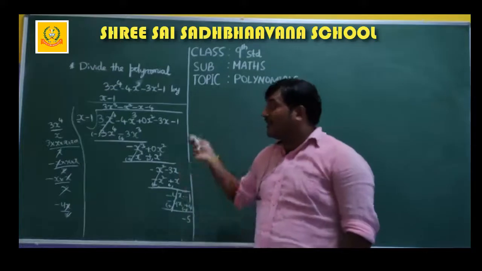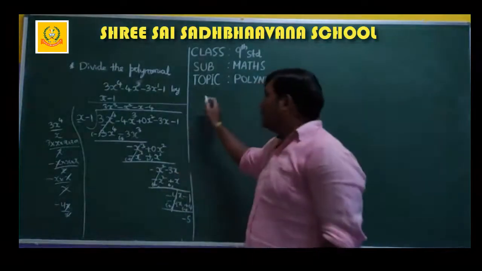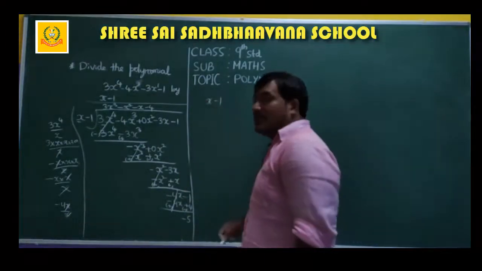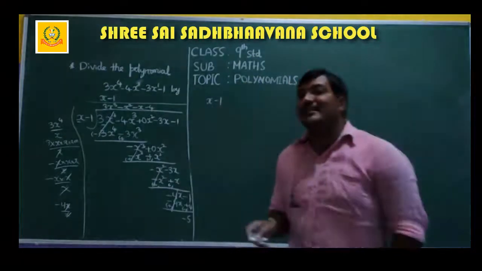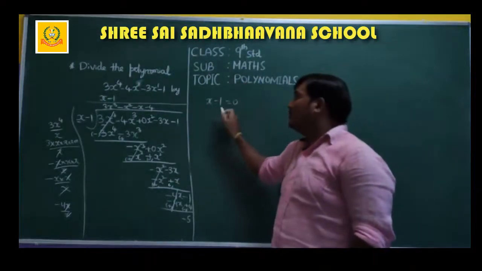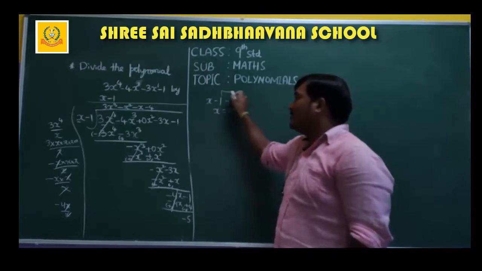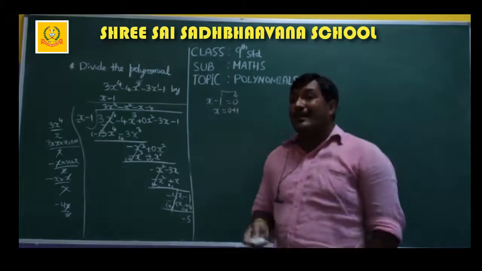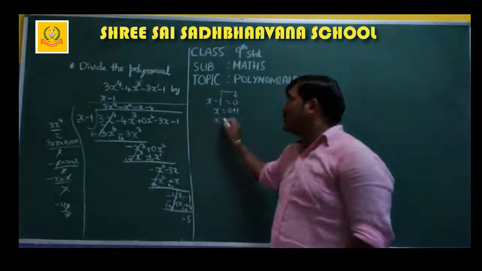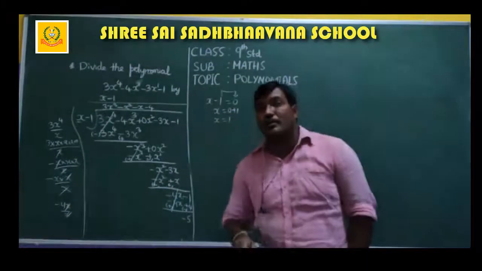Now we can also find the remainder. As we know, quotient is x minus 1, correct? When you got quotient as x minus 1, equate it to 0. What is x value? 0 plus 1, because this minus 1 will go to the RHS, which gives you x is equal to 1. Now